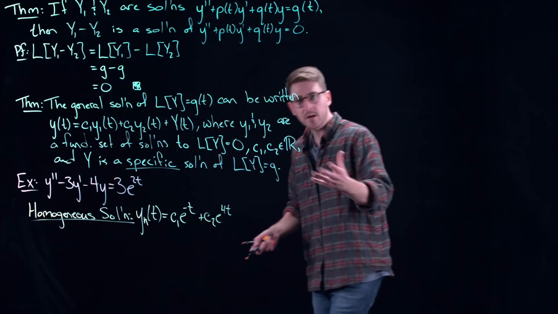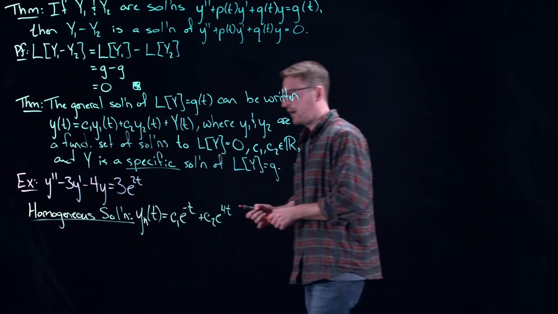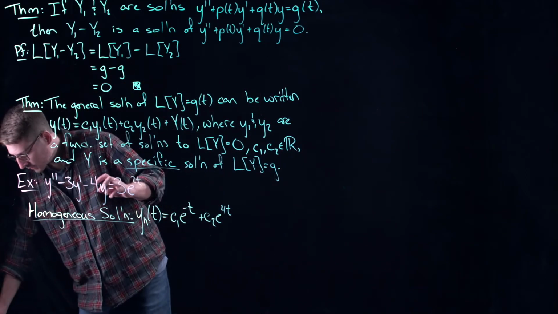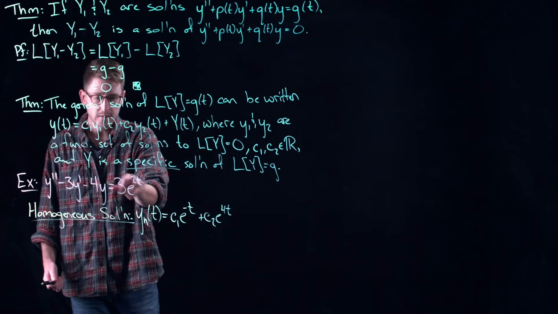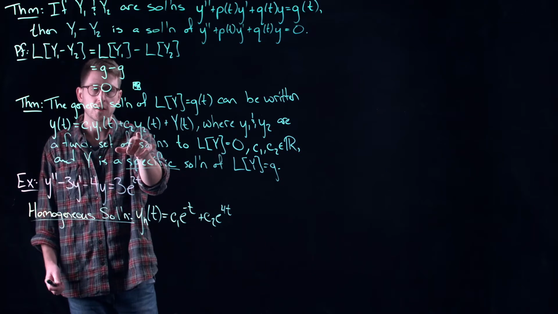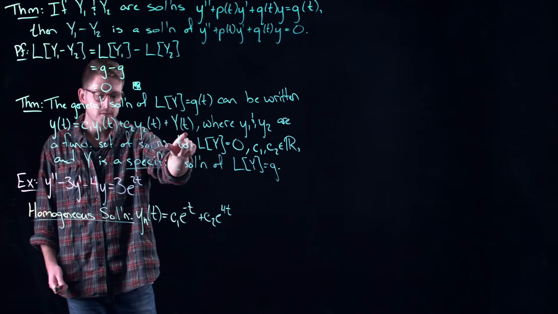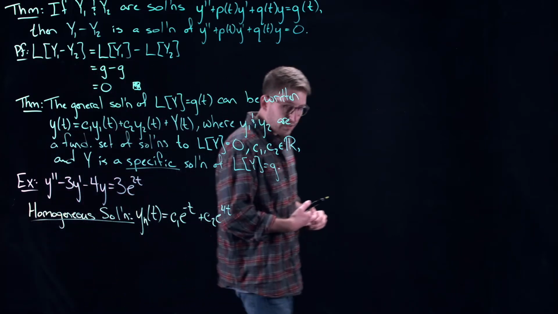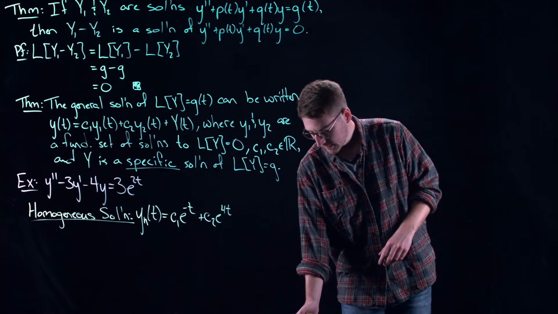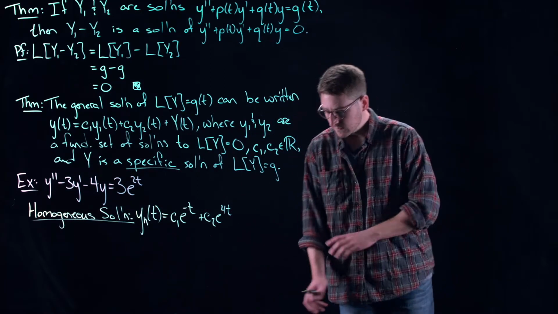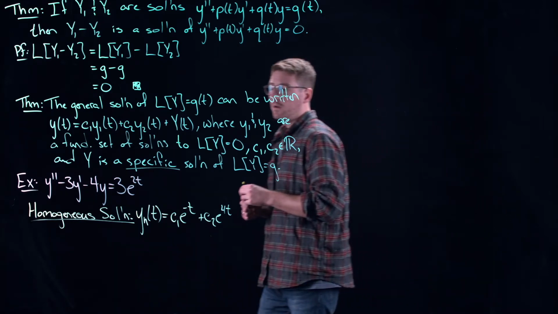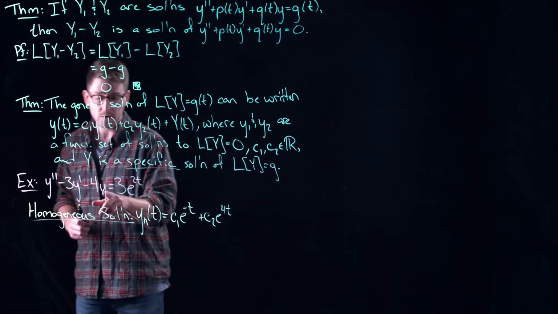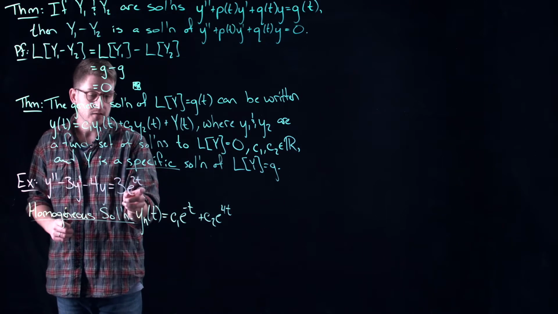Okay, so I got the easy part out of the way, right? The part that we already knew how to do, but that's still important because think about what we have from this theorem. The solution to this thing is going to be the homogeneous part, check, plus the specific part. So the question is, how do you find the specific part? And in this case, we're going to do a little bit of guessing. So basically, what we want is we want to put a function in here that sets us equal to e